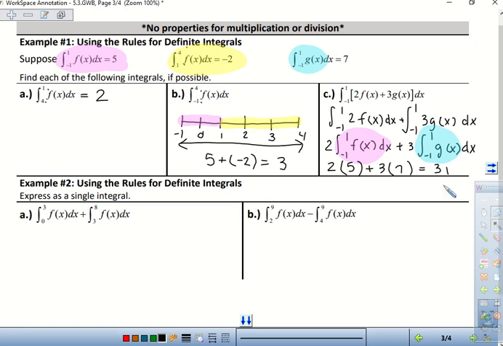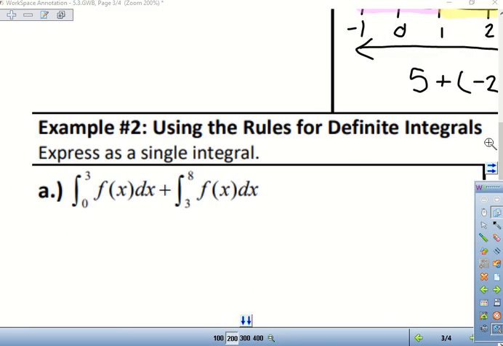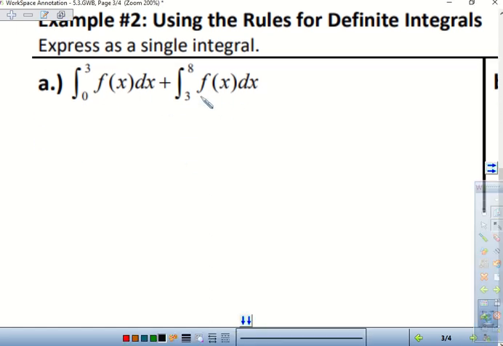So any questions about that? All right, perfect. Now we're going to look at these two down here. So you're noticing here that we're trying to add an integral of the same function. It's got to be the same function if you're going to try to merge them together, essentially, from 0 to 3 and then from 3 to 8. So if we make a number line that goes from 0 to 8,